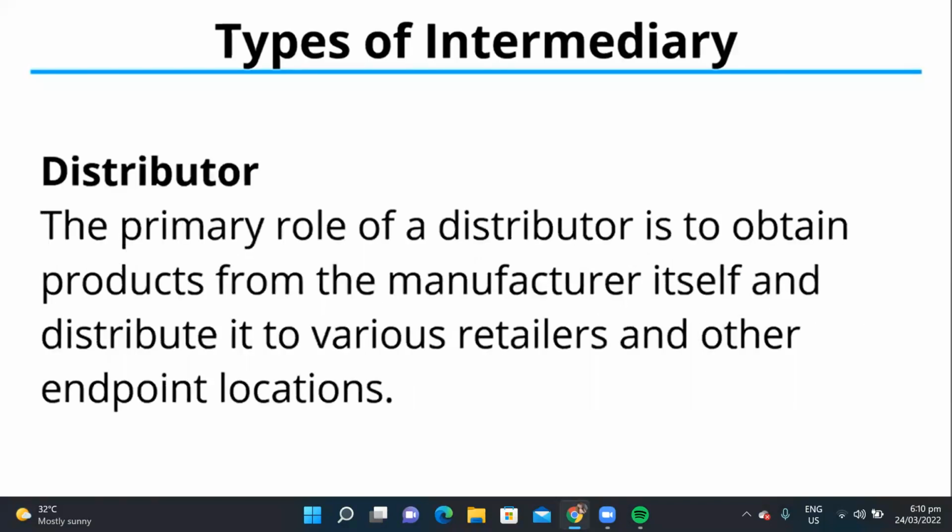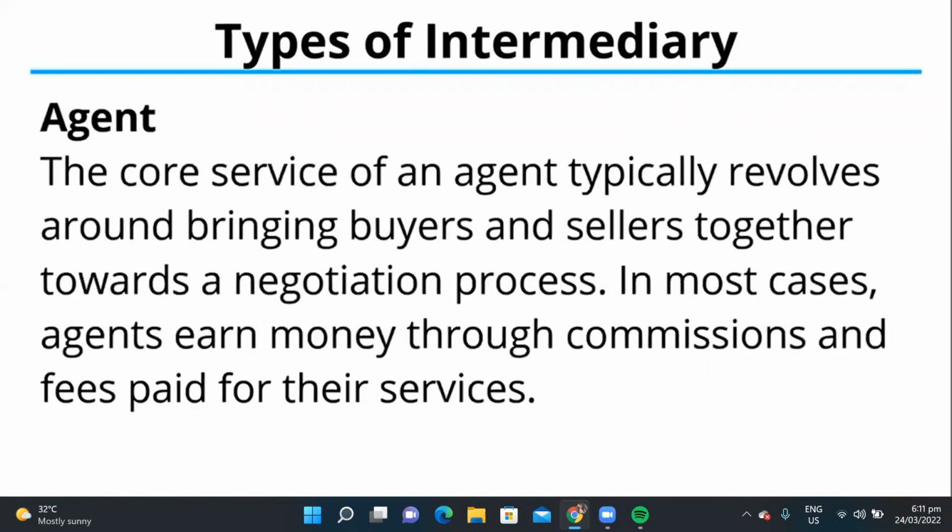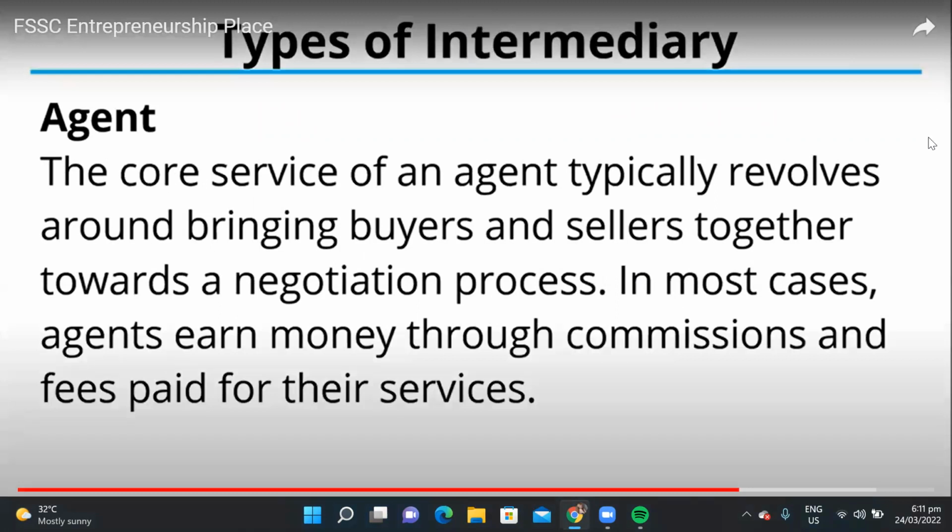And we have the distributor. The primary role of the distributor is to obtain products from the manufacturer itself and distribute them to various retailers and other endpoint locations. So we also have the agent. The core service of an agent typically revolves around bringing buyers and sellers together towards a negotiation process.